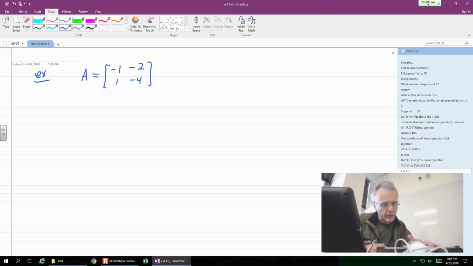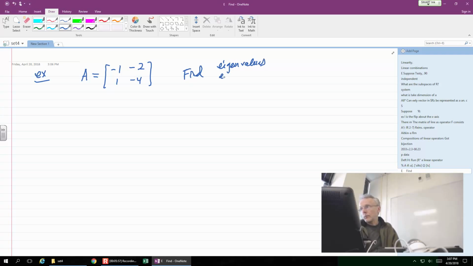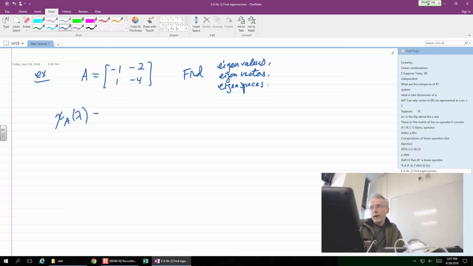Keep moving everything. Okay, so the ultimate goal is to find all three: eigenvalues, eigenvectors, and eigenspaces. Okay, so step one is finding eigenvalues, and we form the characteristic equation as the determinant